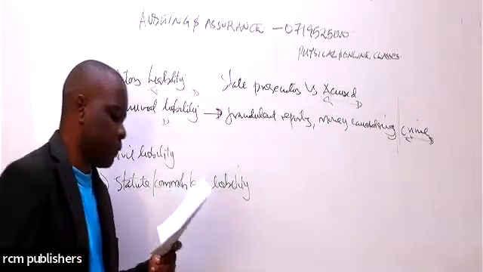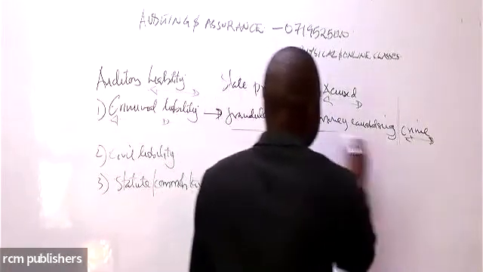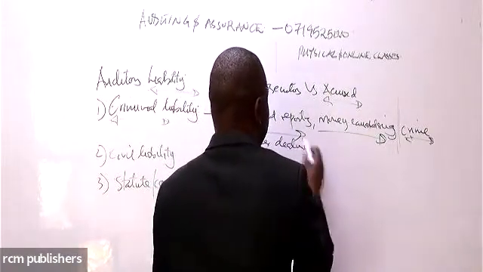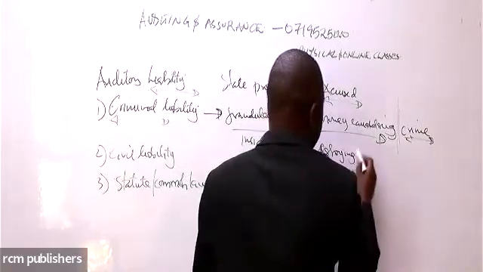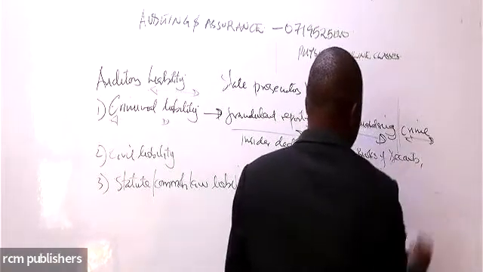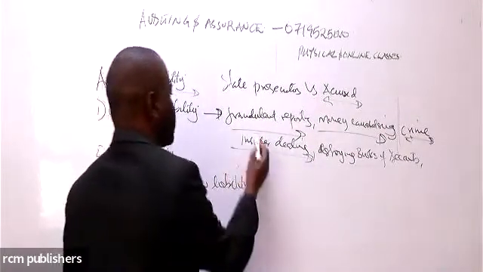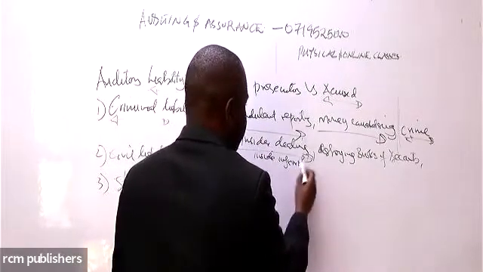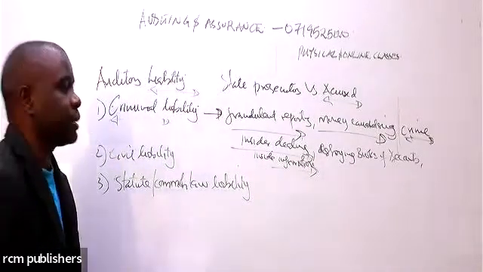The auditor may be guilty of the offense of insider trading. For example, he is involved in fraudulent reporting, money laundering, or insider dealing, also destroying books of accounts. So insider dealing, or insider trading, is another reason. Insider dealing is whereby, for example, you take advantage of material inside information that is likely to materially affect the prices of the shares of that company when the information is actually made